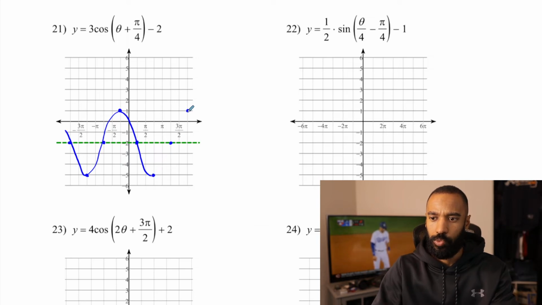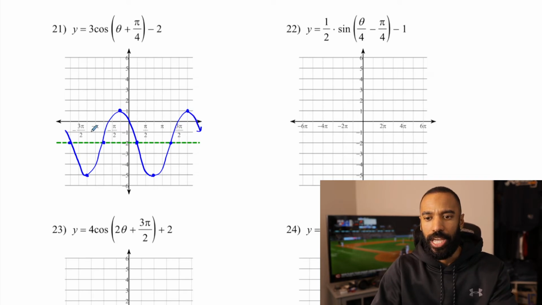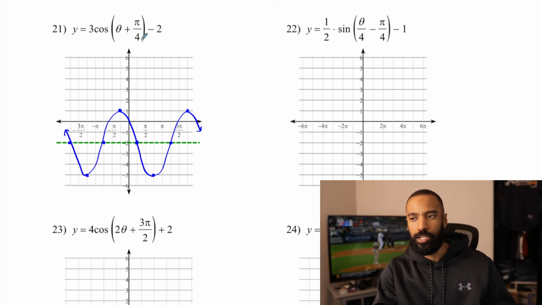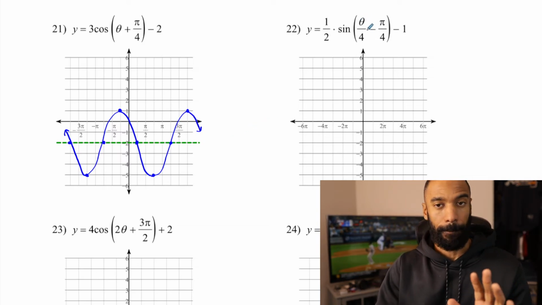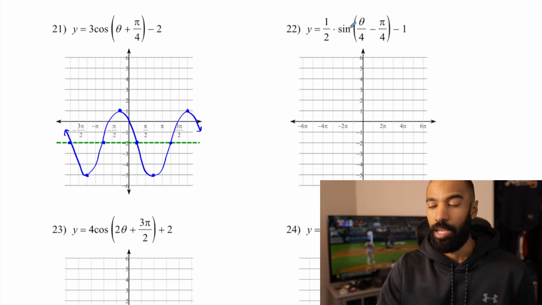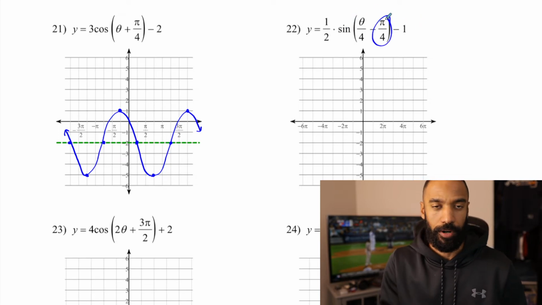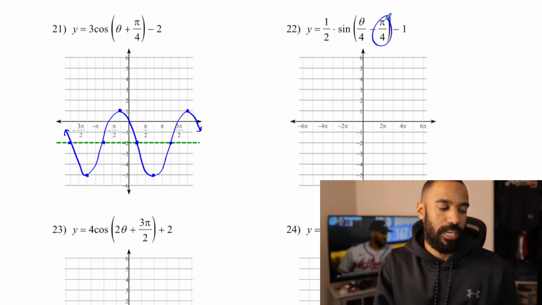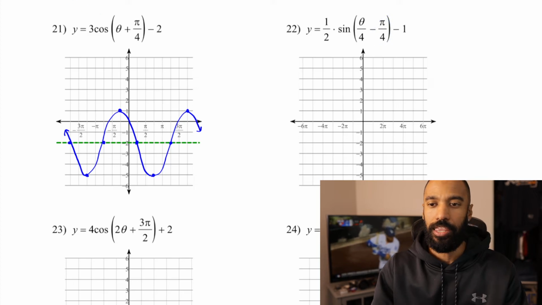Okay, the difference with these next problems here is there is a B and an H. But the H is not its true H just yet. And this is where, never mind theta, these problems should be rewritten. Because I'll tell you what, here's the problem. H is not pi over 4. We are not going to shift this thing pi over 4 units to the right. Because it is not H. Because the true